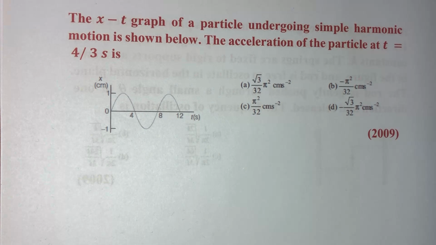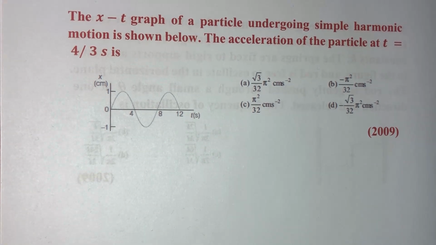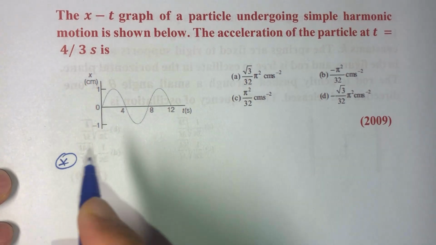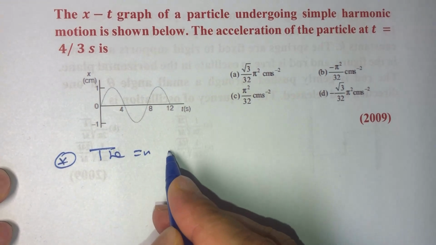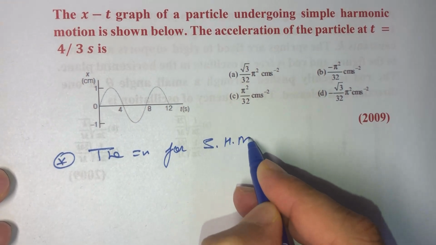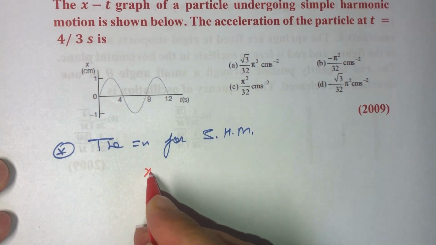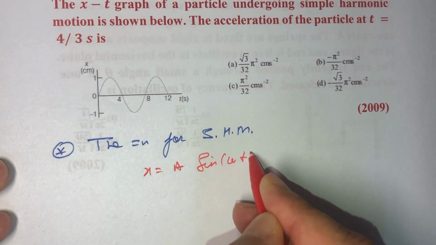So we already know that for a displacement of x, the equation for the SHM can be written as x equal to a sine omega t. So you can say that the equation for SHM can be written as x is equal to a sine of omega t,